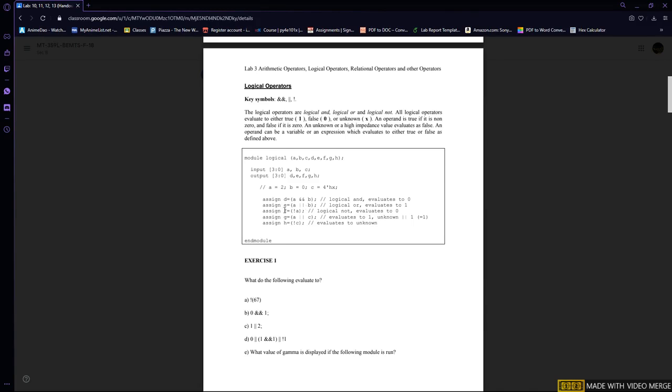Similarly, I am assigning F is equal to not of A, which means that it will complement the value of A, which means that if A is 1 it will make it 0. Then I am assigning A is equal to or of C, which means that if both of them are 1 then the answer will be 1. And similarly I am just taking a not of C. Okay,